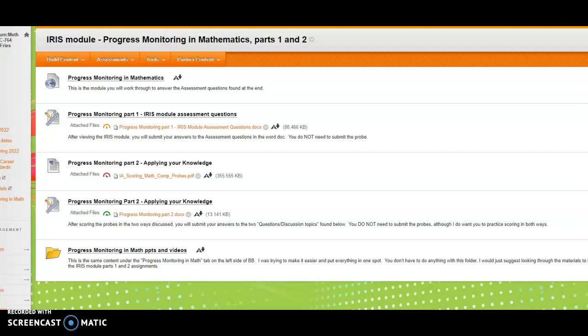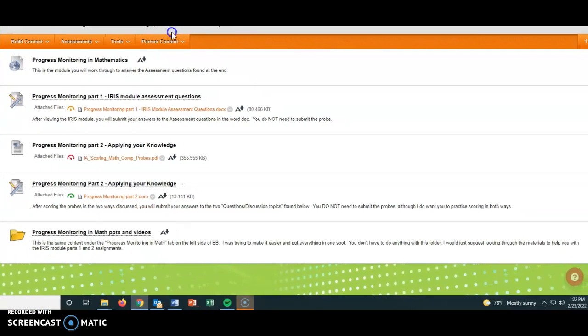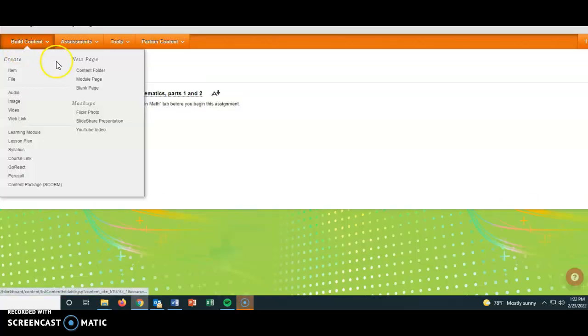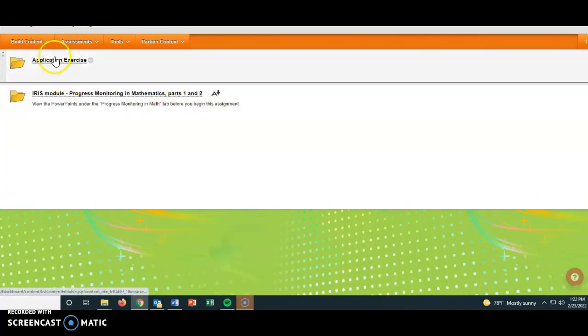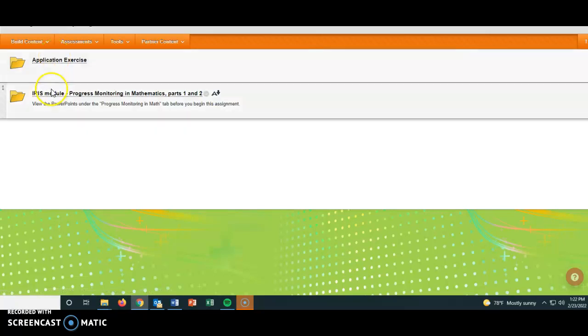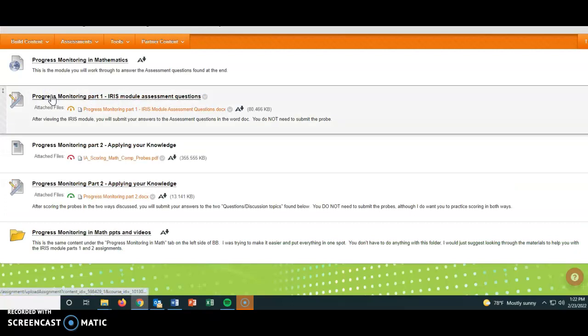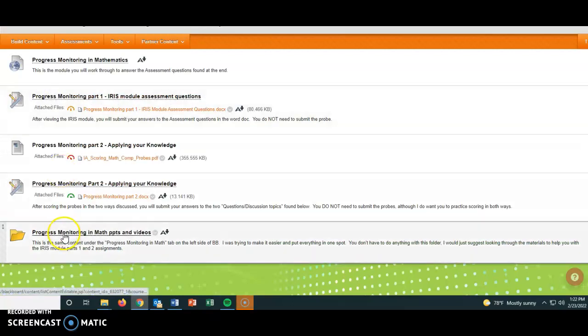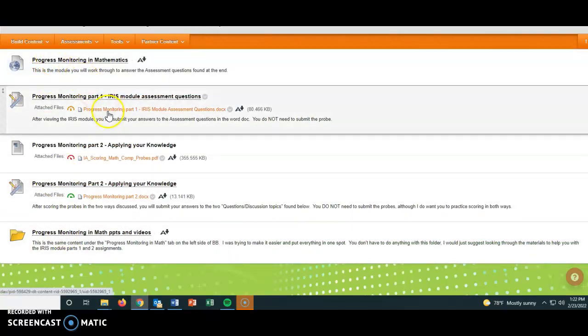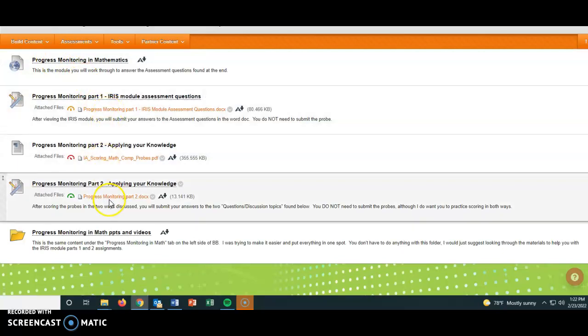But again, if you go under the assignments tab, you will see the application exercise, which you've already done. You already turned that in. I just gave you a little feedback about that. And then the next one is the IRIS module, and this is where you will find parts 1 and 2, okay? Remember the PowerPoints, look at those. IRIS module, submit your answers here, and then part 2, submit here. Okay, and for both parts you can work with a partner or small group. And that's all I have time